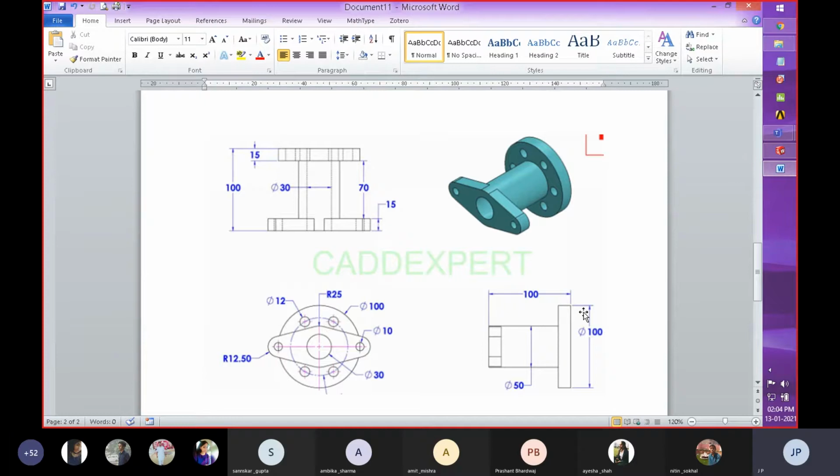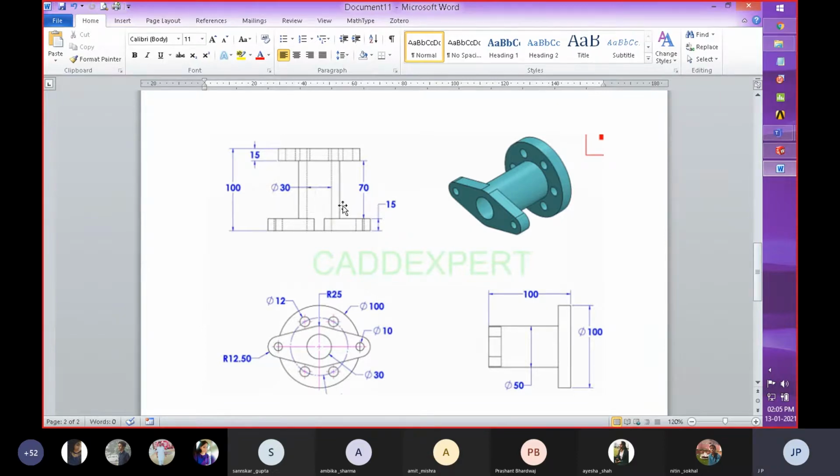So the user has to decide from which side he or she will start creating the component. You can start creating this component from this side or from the other side also. So I'm going to select this base part. With respect to this, for creating this circular component, what we need to do, we have to use a circle command. And if we want to identify what is the diameter of that circle, so over here you can see that the outer circle diameter is 100 millimeter, and the inner circle diameter is not shown right now. It is around 80 millimeter, I think; it is not shown over here.